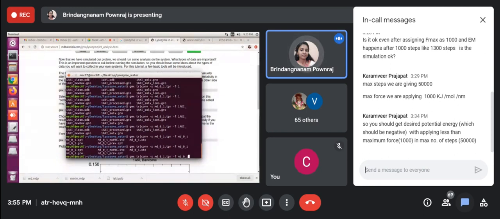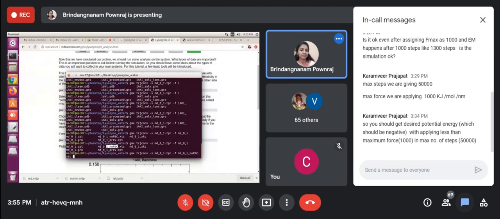The newly generated XTC file is no PBC. This one is our last refined XTC file. Then I want the PDB format only. So I'm giving protein 1 nanosecond dot PDB.